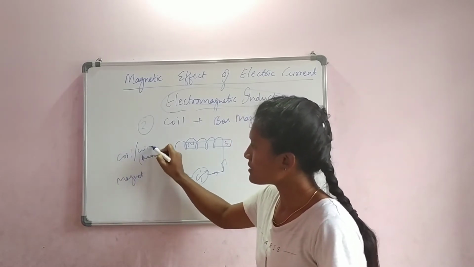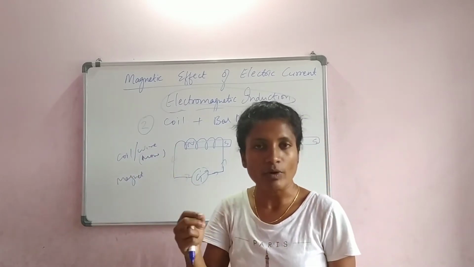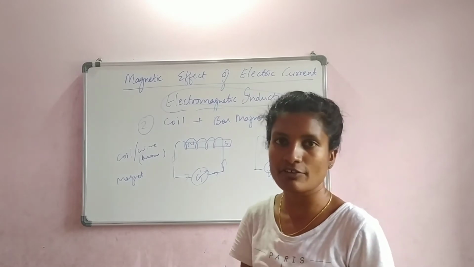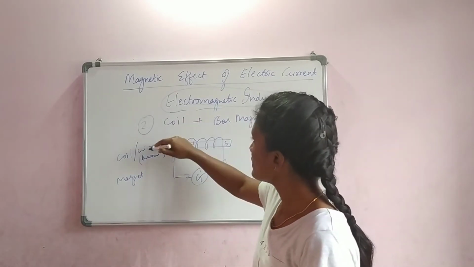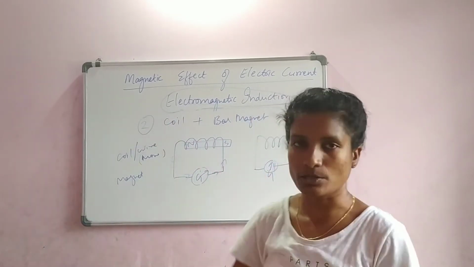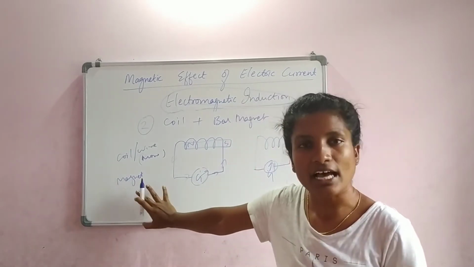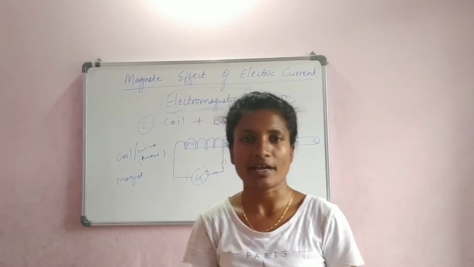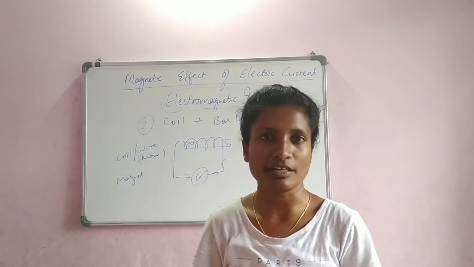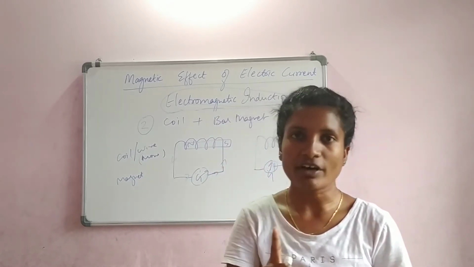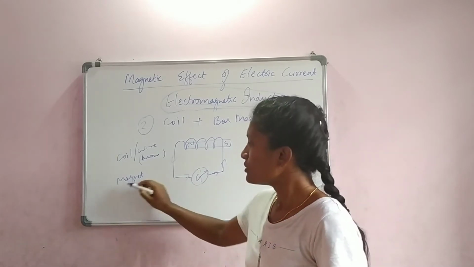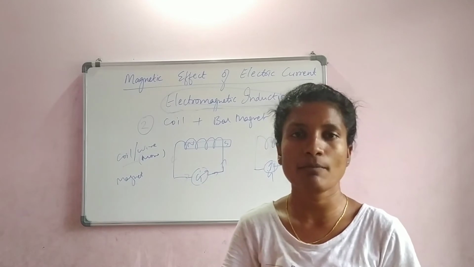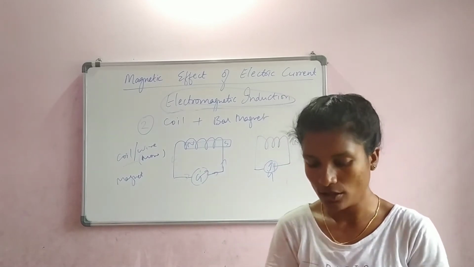Coil is somehow wire, right? So either the wire has to move, or the magnet has to move. Either of the things has to give movement or motion so that the electricity is generated. This is the concept of electromagnetism. If I ask you an MCQ, what is the necessary condition for electromagnetic induction? You will have multiple choices there. One important and compulsory choice is that either the coil or the magnet has to be in motion.